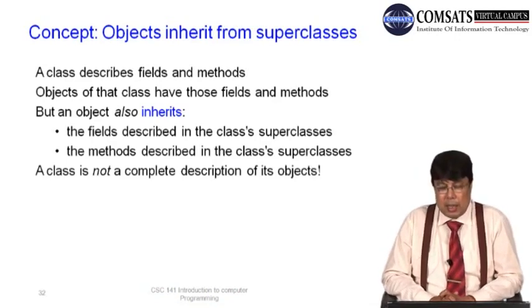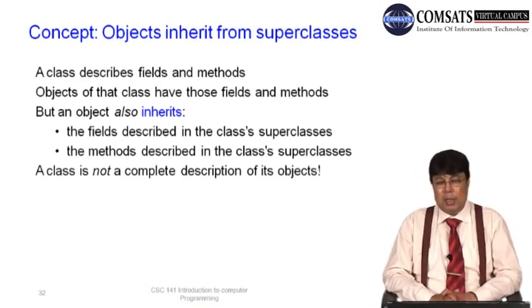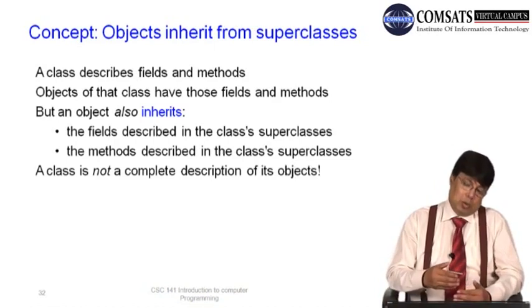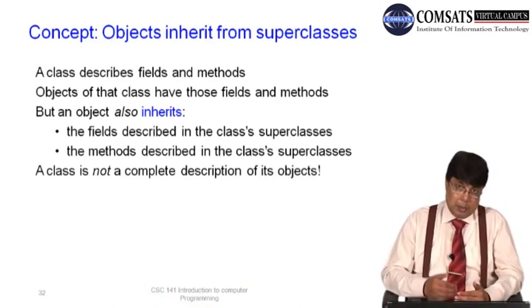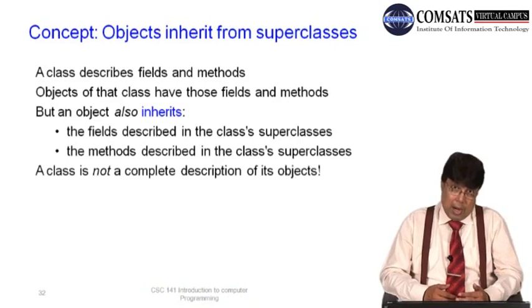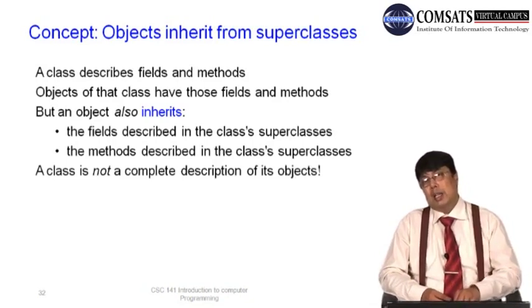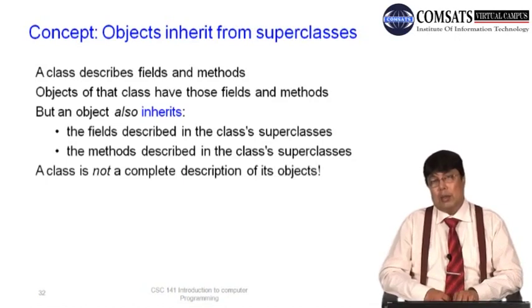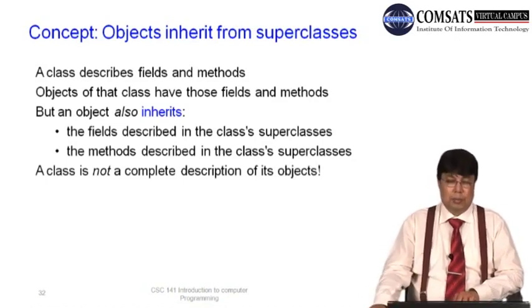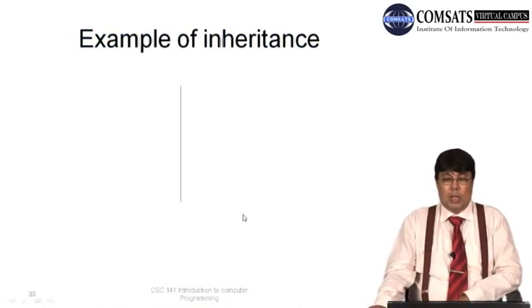So that means that a field described in the class is in the superclass. So the method described in the class is also defined in the superclass. So a class is not a complete description of an object. You cannot say that the class you have defined is the complete description of that particular object. Why? Because it might have inherited something which is not in this class, but that has been inherited from its superclass or from some other class also. So this inheritance,